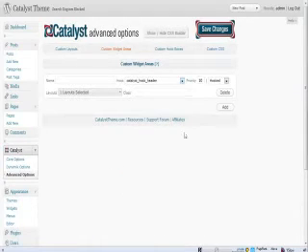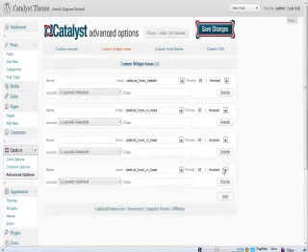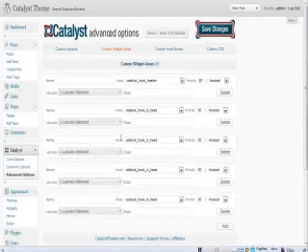Save your changes, and then you've created that structure that you can then assign to different pages and posts or page types. And what's awesome is that all of these functions are literally unlimited. You can just add more and more and more and just structure the heck out of your website with limitless capability. So that's the advanced options in a nutshell.